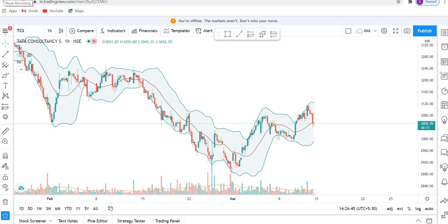And today we have brought a technical indicator for all of you with which you can pick stocks to trade intraday, as well as pick stocks for long-term positions. You can decide your entry and exit points with this indicator. It is a very useful indicator and it is broadly used in the marketplace. So first we will discuss how this indicator is built, then we'll discuss its technicalities, and later move on to deciding the entry and exit points with this indicator. Okay friends, so let's start the video.